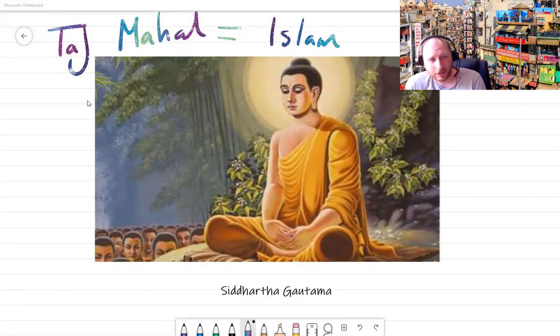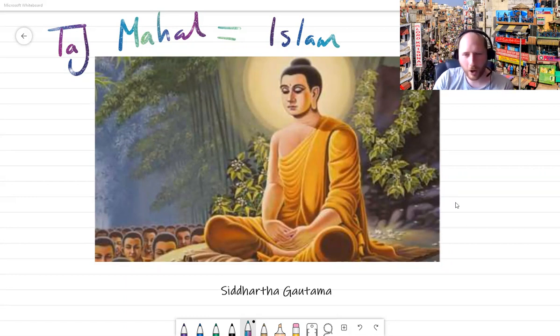Until he finally sits down underneath a tree to die, and he gets into a state of meditation, and all of a sudden, as shown here by this glow behind his head, he realizes and understands everything. He is enlightened. He reaches nirvana, and he then stands back up and wanders around India teaching people about his methods for finding inner peace and for transcending the mortal frame. Which means, long story short, that he's that cool Buddha guy that you see, with the bald head and the big smile. There you are.